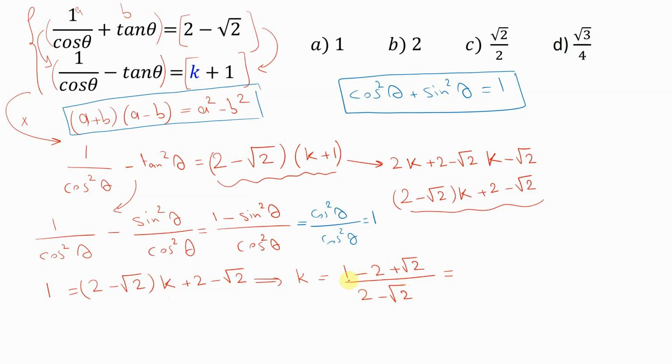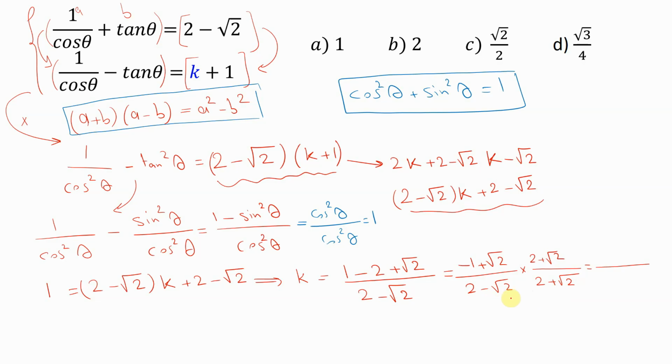So in the numerator we are left with minus 1 plus square root of 2, over the denominator 2 minus square root of 2. If you multiply the numerator and denominator by the conjugate of the denominator, which is 2 plus square root of 2,